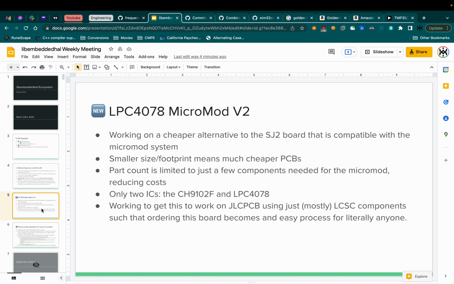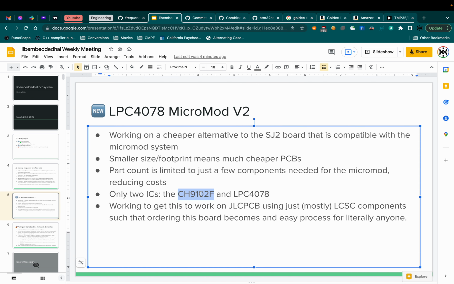Side note, I was super excited to find this particular chip. It's made by the people who make the CH340 chips, which are USB to serial chips that are much, much cheaper than things you can get from FTDI or Silicon Labs. FTDI and Silicon Labs, I believe, are both American companies, and their chips are way more expensive. Reliability depends on which one you buy. But this Chinese company, WCH, built this chip, which is a direct replacement for the chip we use on the SJ2 board right now. I was pretty happy to find this because it's much, much cheaper and it's available,